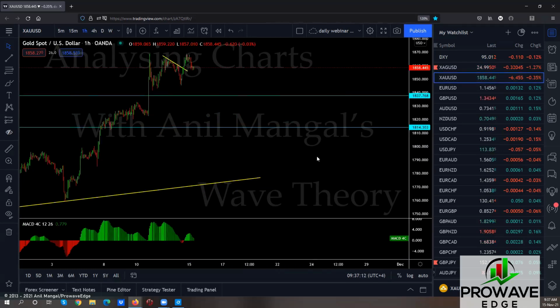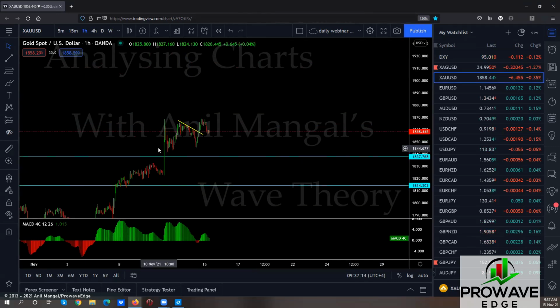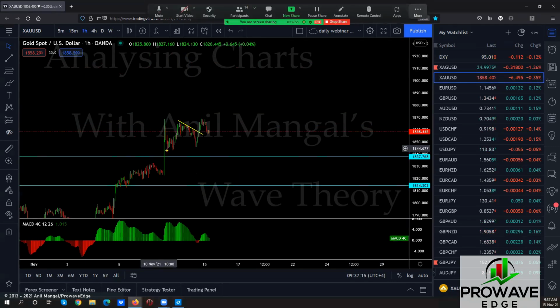Gold, definitely a buy. And there's a reason for that. I'm not going into the details, but this is still the B wave. This would probably come down here, and then I'm expecting one more impulse up. Now, in very rare conditions, this is the flat, and they drop to the bottom.